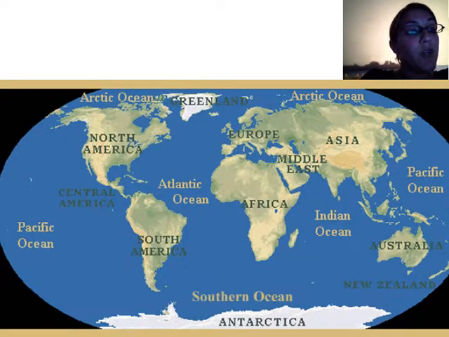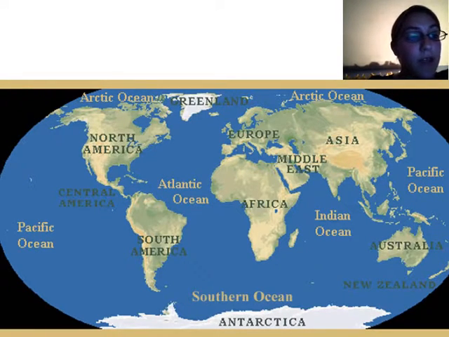The first that we have is right here, North America. Below that, we have South America. Going up, we have Europe, then Africa, then Asia, Australia, and finally in the south, Antarctica. There are 7 continents. So now the question is, what are the shapes of the continents so that we can identify them easily